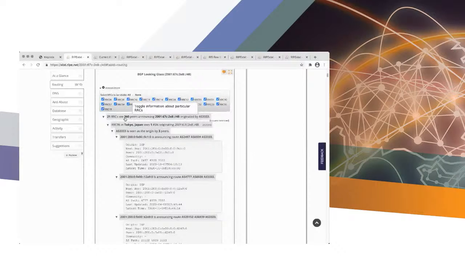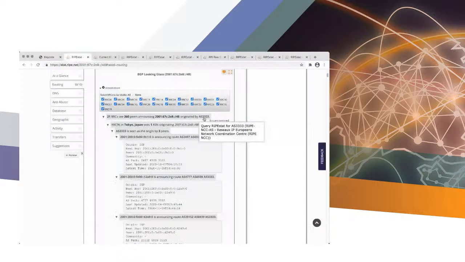If you open up all the RRCs, you can see that our prefix is seen from our autonomous system, which is great. It means that no other autonomous system is trying to intercept our prefix. But